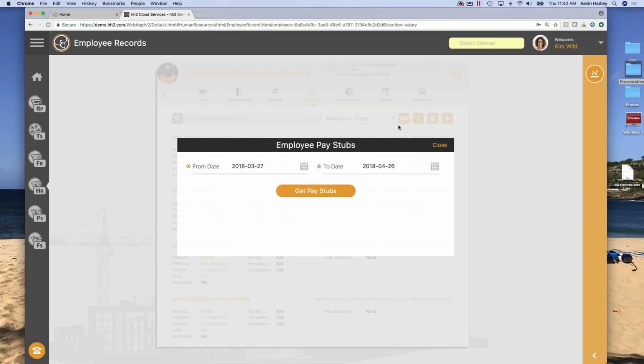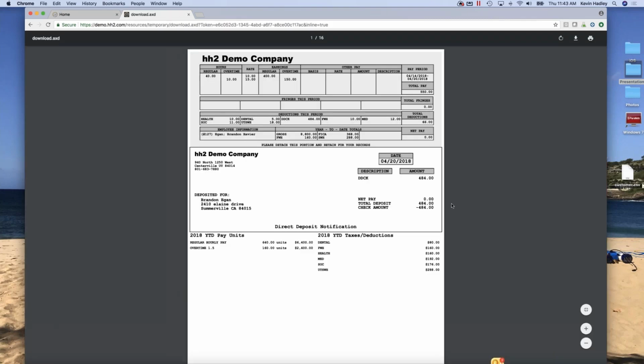Well, if the employee needs to see a copy of their pay stub, hh2, through that synchronization process, is simply pulling pay records that make up the pay stub from Sage. So it will automatically default to the last 4 weeks, but if the employee calls me up as an HR admin and says, hey, I know I could log in to hh2 myself, but I'm in a hurry and I just don't want to do it, so will you do it for me? So the HR admin may say, okay, let me go grab them from the first of the year, and up pops 16 pay stubs.